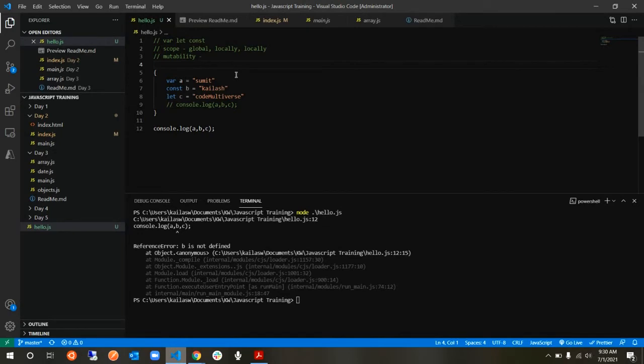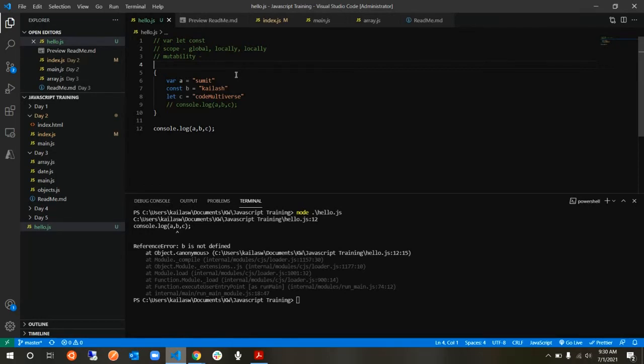They are called mutants, right? Mutants are the ones who have evolved, who have changed. The same thing comes here as well. Mutability is something that can be changed. Immutable is something which cannot be changed.